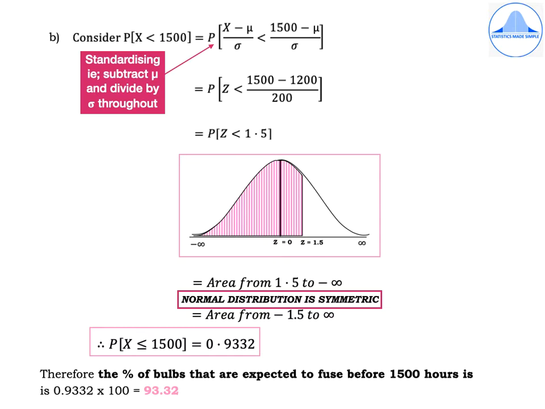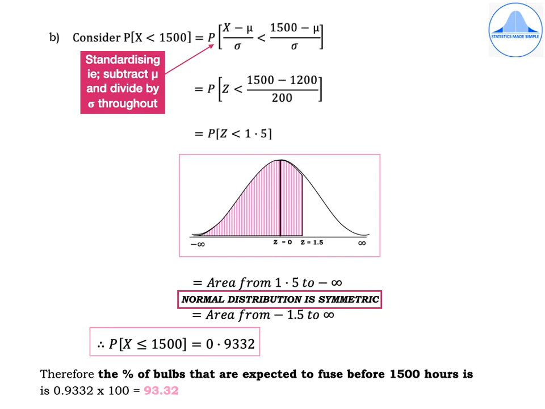Now draw the standard normal curve. The center line is z equal to 0. The extremities are minus infinity and infinity. Then 1.5 is a positive value, so mark it on the right tail of the curve. Now what do you understand by less than 1.5? You have to shade towards the left side of 1.5. In other words, you have to shade from 1.5 to minus infinity. So I've shaded in pink color from 1.5 to minus infinity, and whatever area you have shaded, that you write in the form of a sentence, which is equal to area from 1.5 to minus infinity.